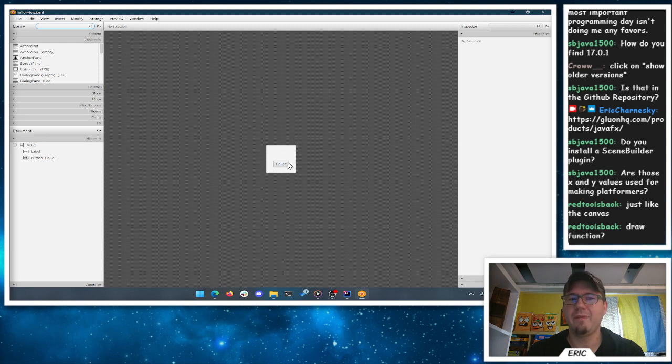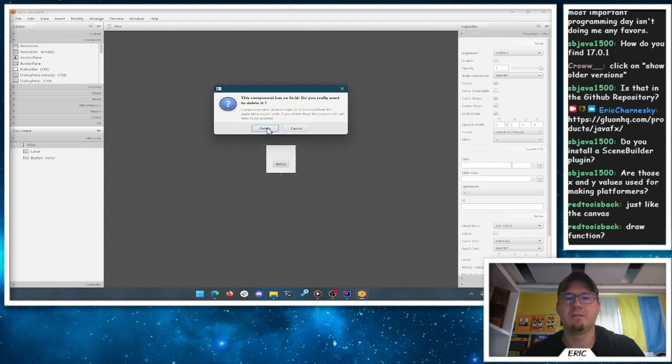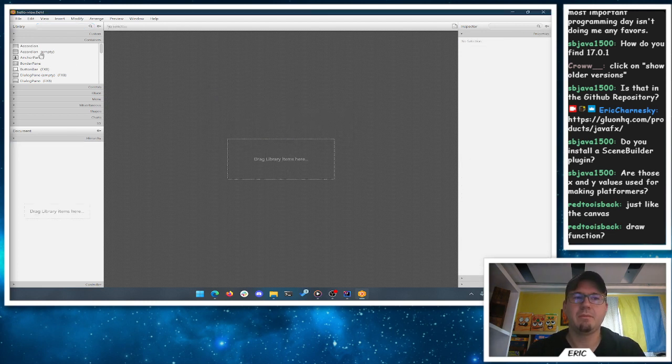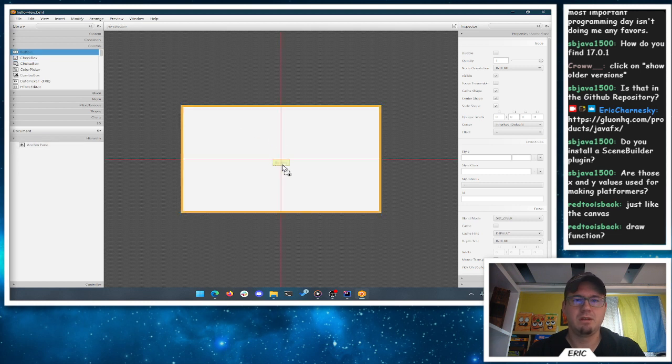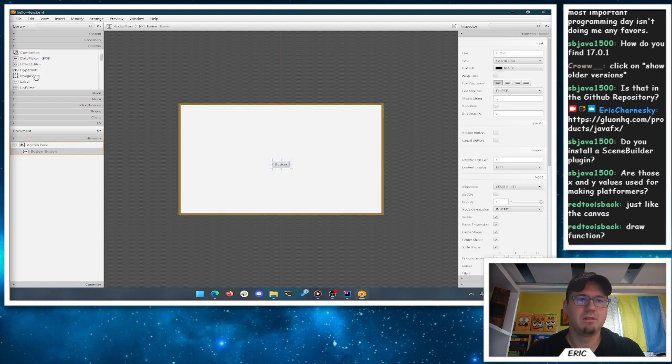So the VBox is small by default. So now the more things you add to a VBox, the bigger it'll get. Again, we don't care too much here. So I'm going to just click the VBox and delete it. So yeah, I want to delete. Then I'm going to go find an anchor pane, drag in the anchor pane. So anchor pane is in a container section. Then I can go back to controls, and I can add my button, and I can add my label,